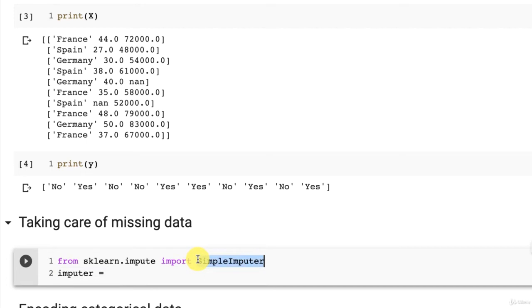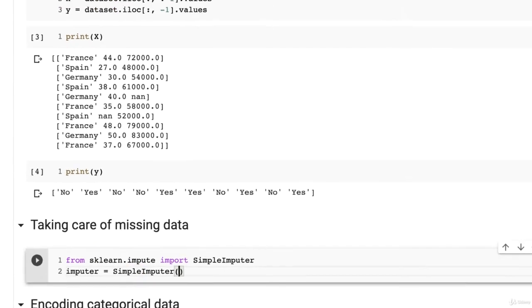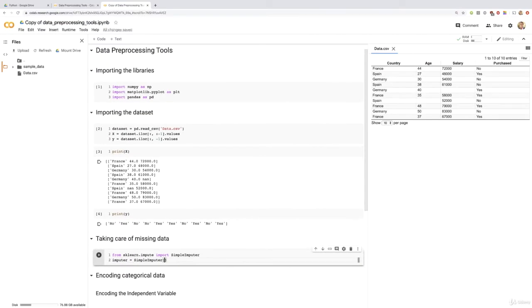So I'm going to copy this and paste that here. That's how you create an object of the class. You simply call the class, then you add some parentheses, and there you go. Now you're going to enter the right arguments in order to replace indeed this missing salary by the average of